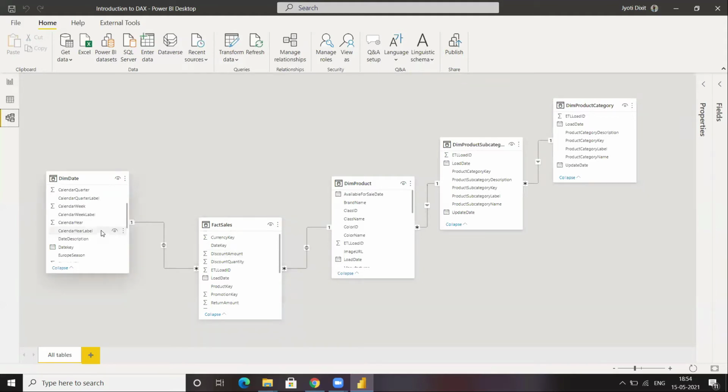In the last class we learned something about filter context. We discussed filter context for some amount of time, and there we just saw that these relationships actually act like a filter only. So one thing is able to filter the other thing.